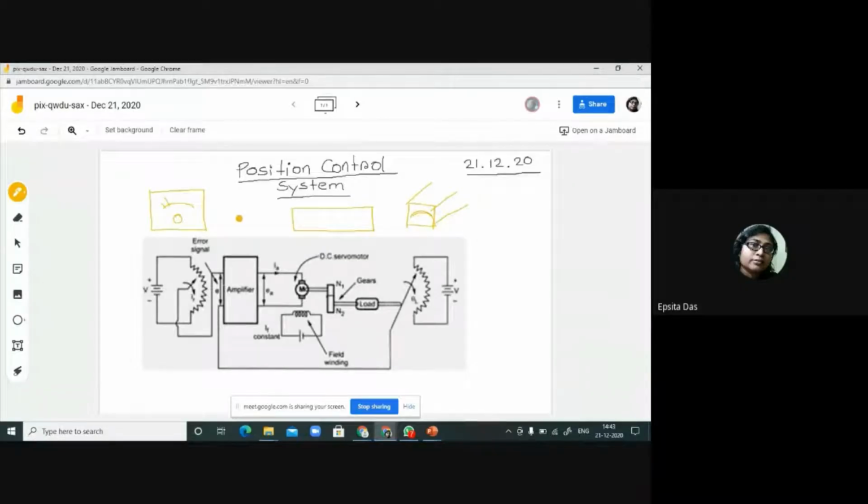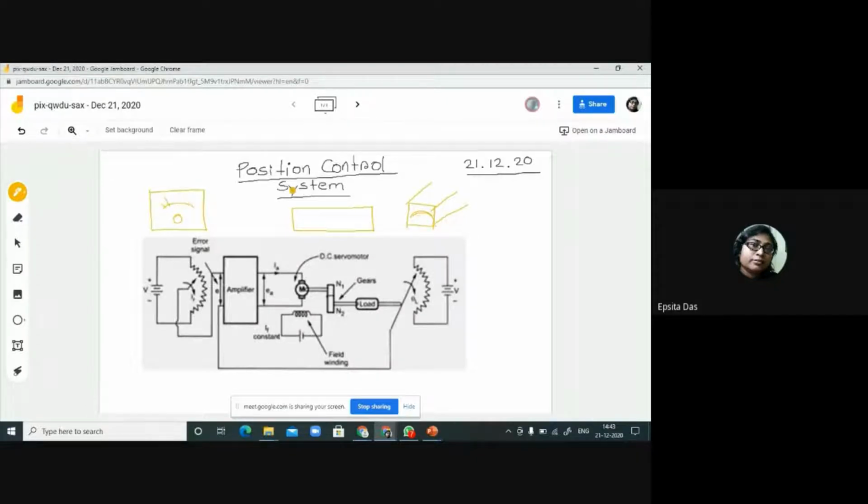Change in position depending upon a reference value. Okay. So the reference value will be set by the user. The reference value will be set by the user upon a dial, and at a distance part you will get the same amount of displacement of the pointer, which is done by the user in the reference.